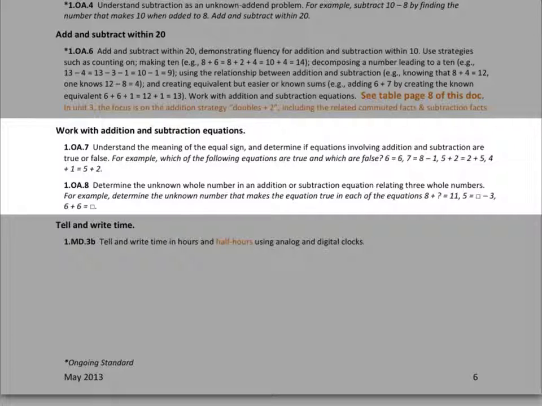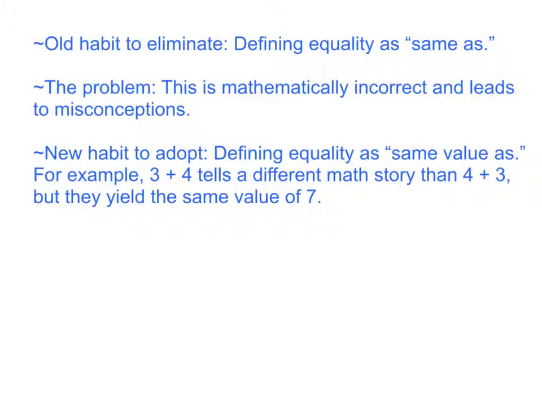At this point, I must say that I reserve the right to disagree with myself. I have come upon some new learning from the National Council for Supervisors of Mathematics that might help us to develop a better understanding of the meaning of the equal sign. This statement from NCSM says that defining equality as the same as is a problem because it is mathematically incorrect and leads to misconceptions. Their suggestion is that instead of using the same as, we should use the words same